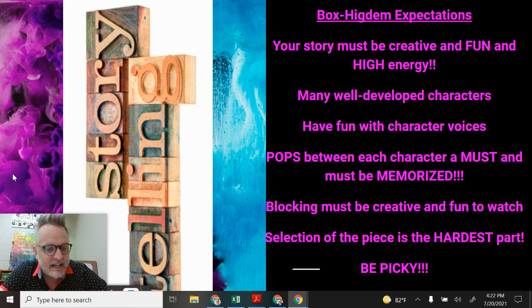Very well developed characters that set the precedence of each one of the character styles. You can use pops between those characters and have fun. The blocking has got to be creative and fast-paced and fun to watch. If you are not out of breath by the time that you get done with your piece, you've got a